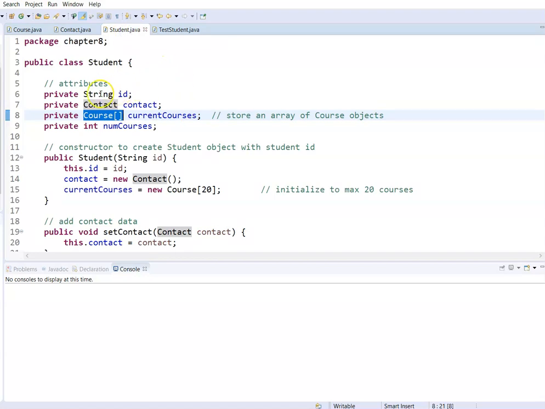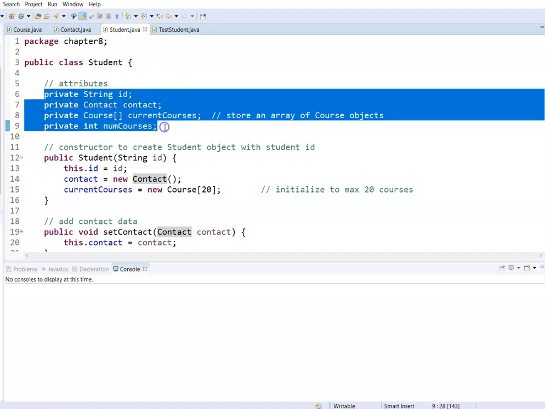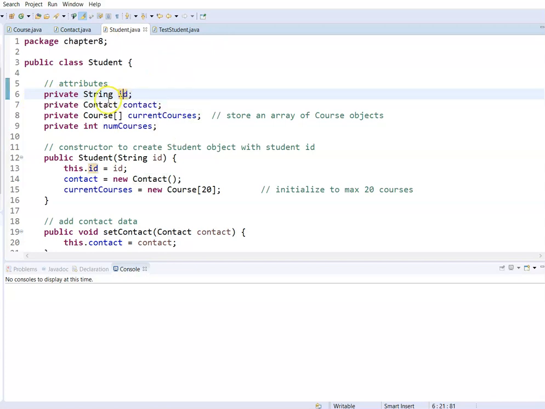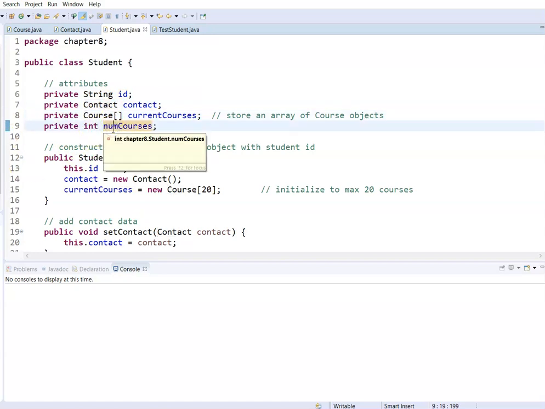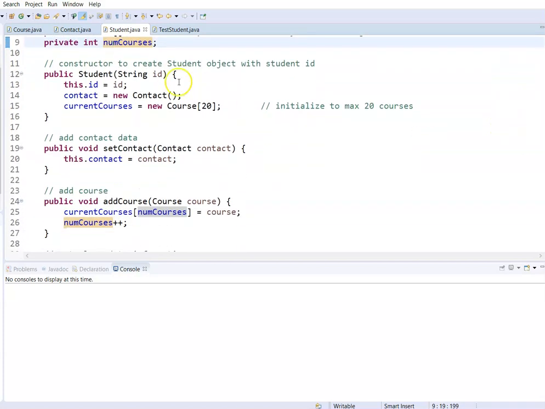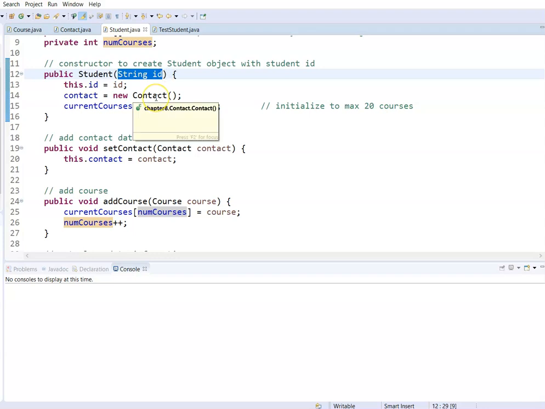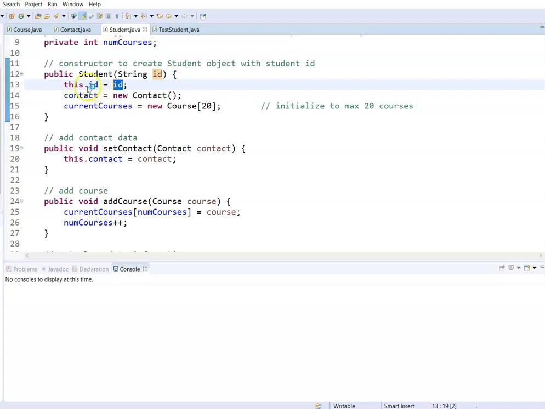Okay, back to student. So now those were the attributes, right? Some attributes are just regular values, some attributes are a single object, and then we have an array of objects, and then we have a raw integer attribute. Different attributes you can have. And then the first constructor we have, or the only constructor actually, is where we are requiring that when the instance of the class student gets created, it must have an ID. So we are making the parameter get an ID. This ID value gets assigned to the attribute.